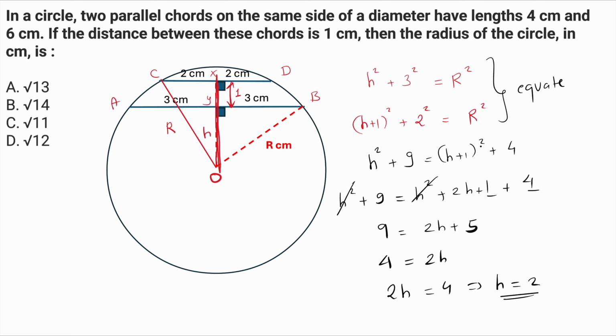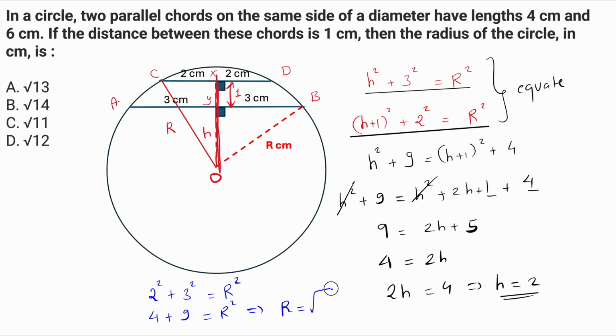Now this value of H you can substitute in either of the two original equations, the first or second one. The first one looks slightly simpler to me, so we'll substitute the value of H in the first equation. We will get 2 square plus 3 square is equal to R square. 2 square is 4 and 3 square is 9. 4 plus 9 is R square. That implies 13 is R square. Taking square roots, R is equal to root 13, and that is why the answer to our question will be option